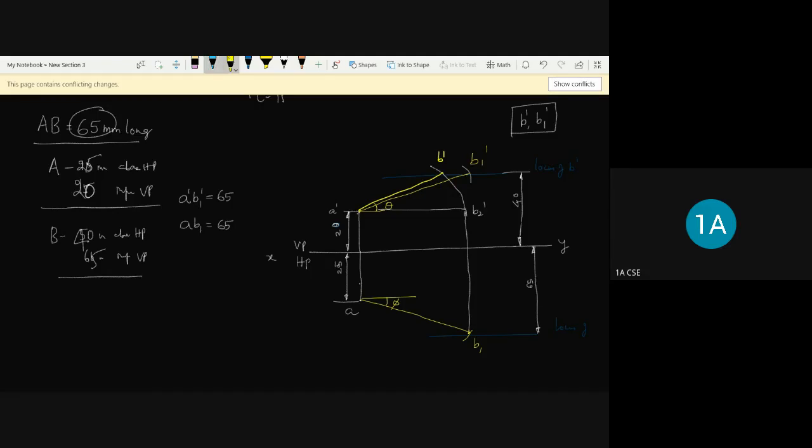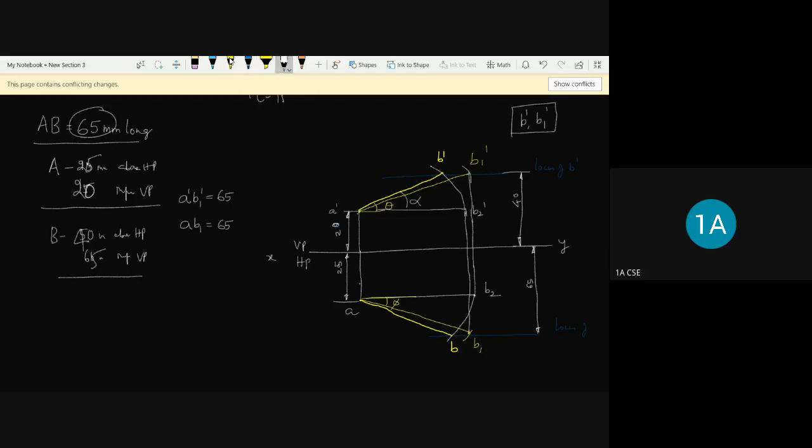Similarly, to get the B, what we do is from B1 dash, you have to move vertically downward, and from A, draw a horizontal line and get the B2 point. Once you get the B2 point, draw an arc to meet this locus and get this point as B. Then join AB. That's it. For all the problems, the procedure is the same.